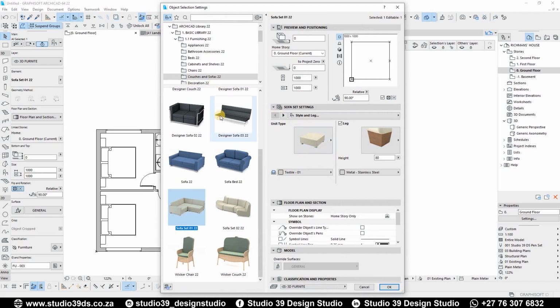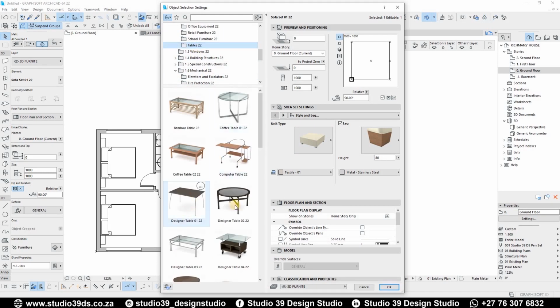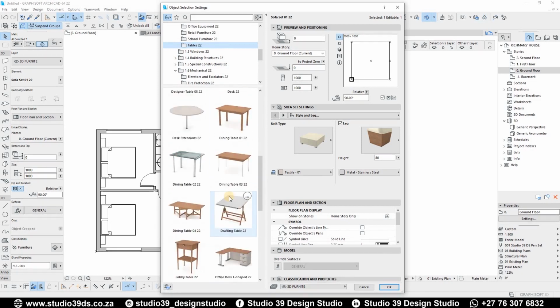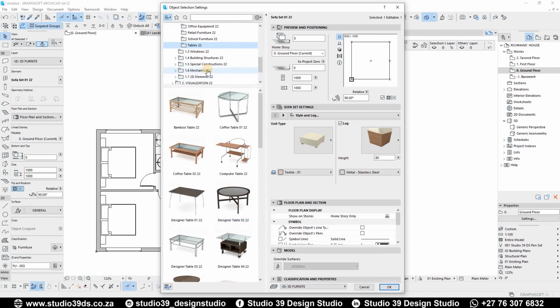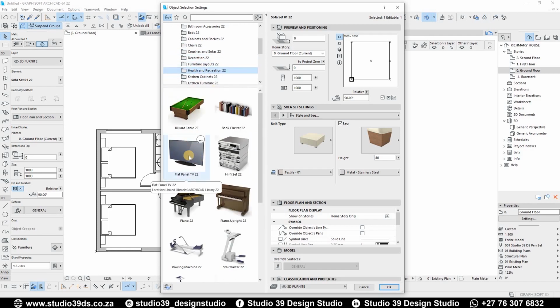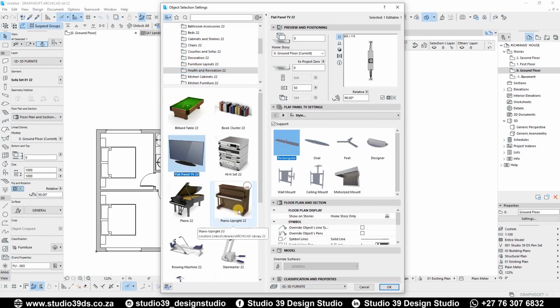what I'm gonna do is let's see if we can jazz this thing up, so we can have a table maybe. Actually, we don't even have to put a table right here. In fact, we can just put a TV. So we can go to decorations. I guess it's not decorations, it's health and recreation. So we're gonna choose a flat panel TV 22, and here the support really dictates how you